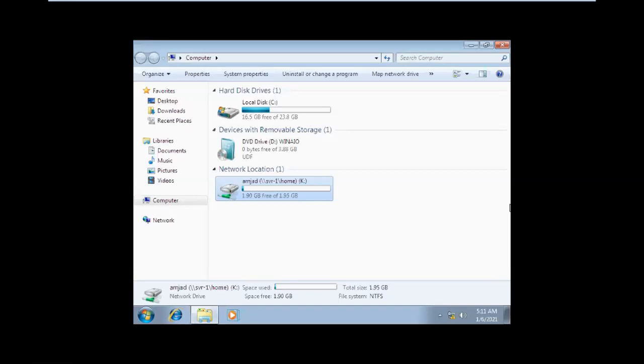Yes, sir, that is the point. But how much they use is the question. So at that time what will happen? The space is going to be full, right? If 1 terabyte, 2 terabyte, because I configure the home folder for 100 users, all 100 users get that. For example, Amjad needs only 500 MB. Usman, because he's a developer designer, wants 1 GB. Mr. Tahir, he's a manager and gets information, so he requires 2 GB, right? Maximum 4 GB, right? But you get a 1 terabyte hard disk, right? So everybody sees a 1 terabyte hard disk, right?